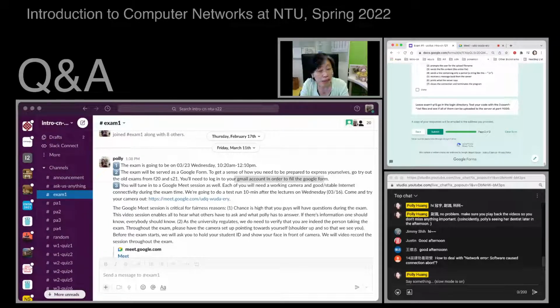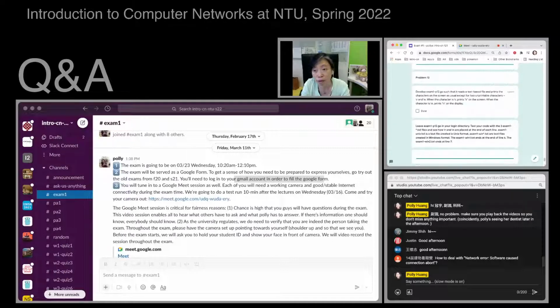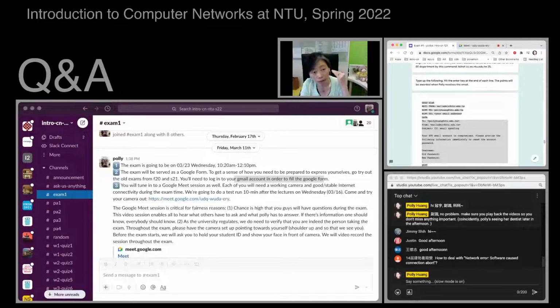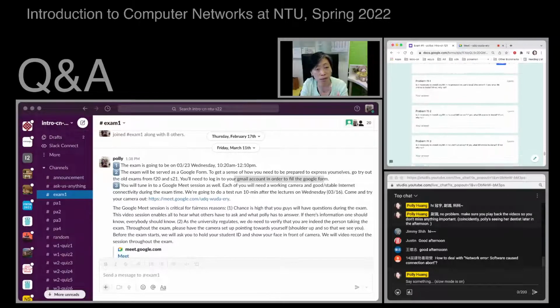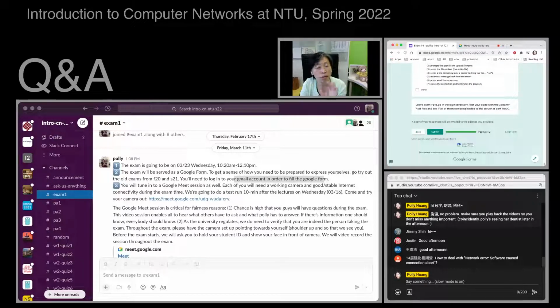And when you're done, click submit. But sometimes if your network is not exactly stable and you hit submit a little bit too late after the deadline, then there might be some issues. So you do want to submit every now and then. For example, in the midpoint of the exam, Polly will say, this is already midpoint, you might want to submit. Then you scroll all the way down to submit, and then you come back.